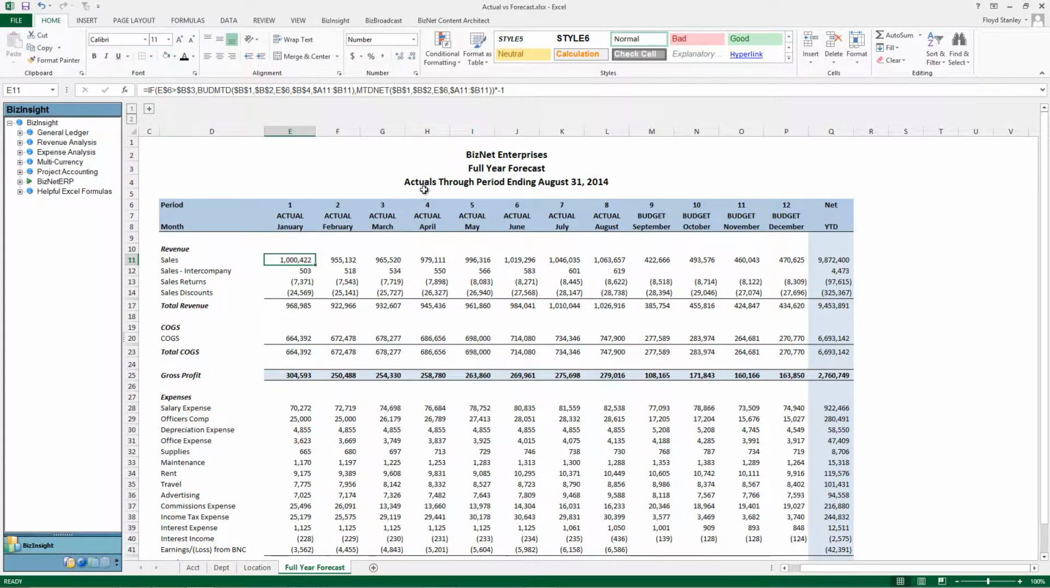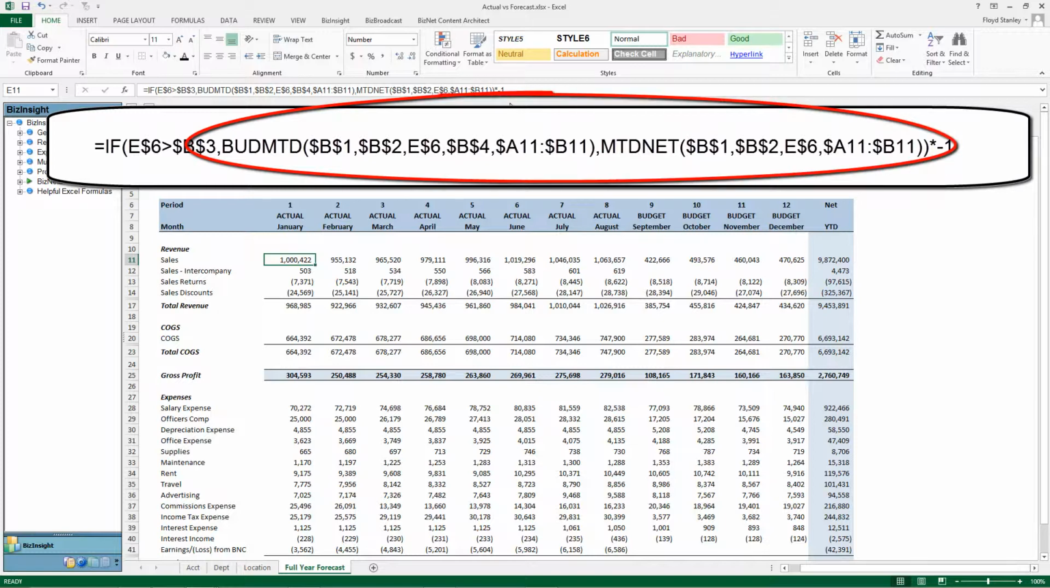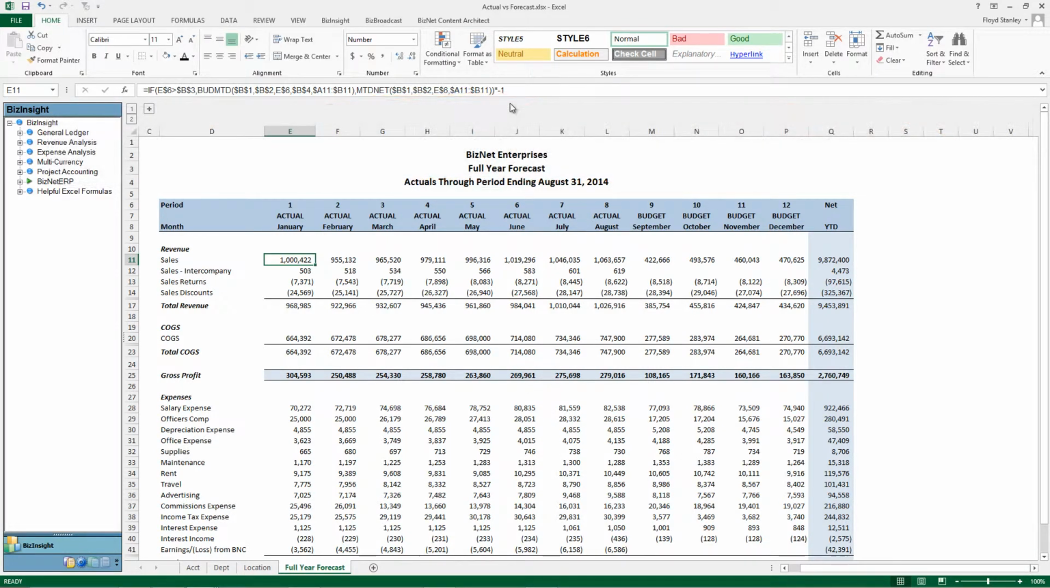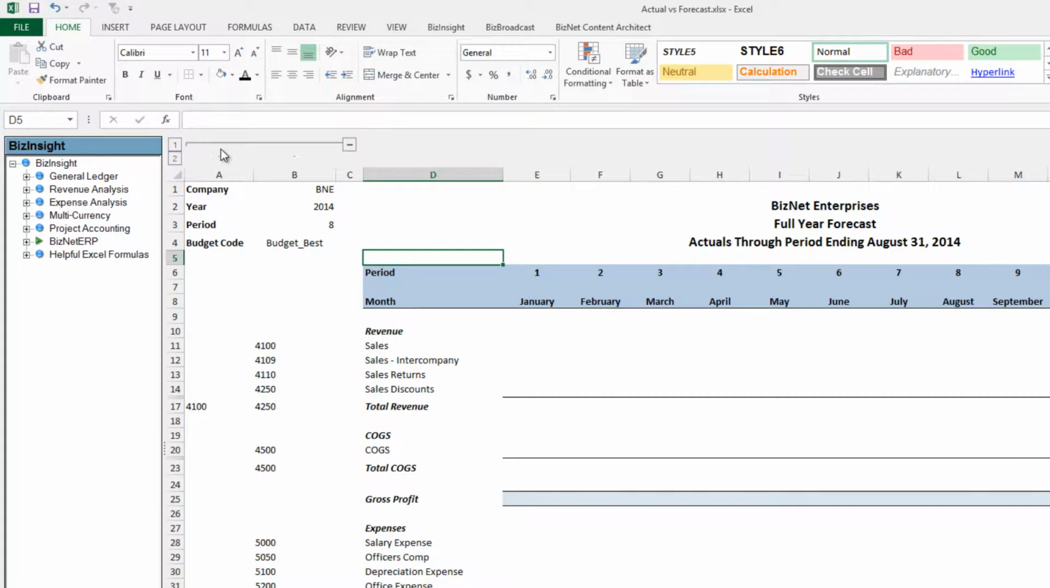It's easy. Just type this if argument into every cell to pull either budgeted numbers or actual results for all your sales, COGS, and expenses categories. The logic detects whether the reporting period is past or future and applies the correct budget month-to-date or net month-to-date function. All right, now let's walk through how to make this report come to life